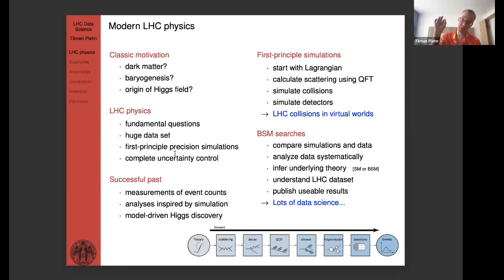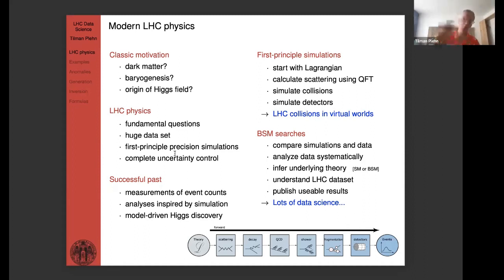No matter if it's BSM physics or not, that's important. At the end of that exercise, we can say we totally understand the science. It's more important to say we understand everything than to try and guess what might be in there and then get disappointed because your favorite model had not been discovered.